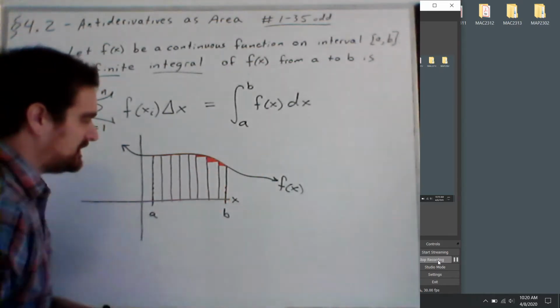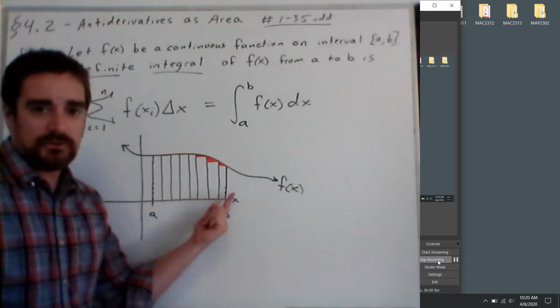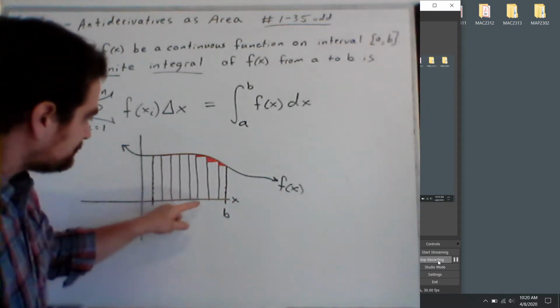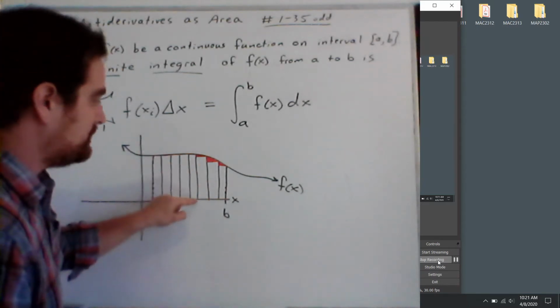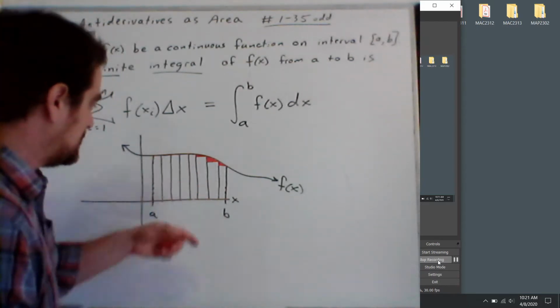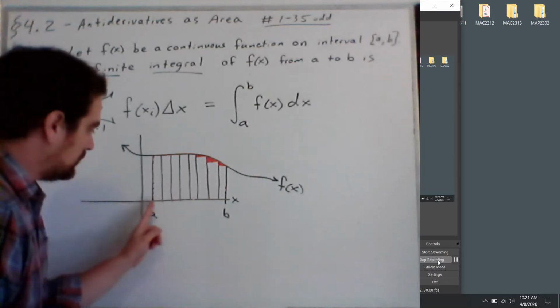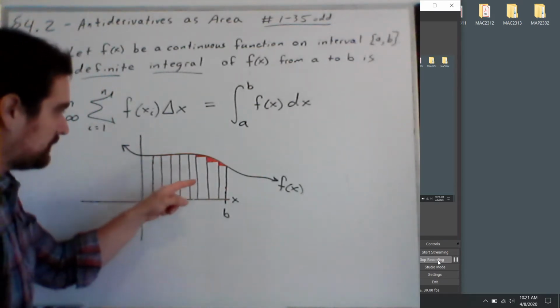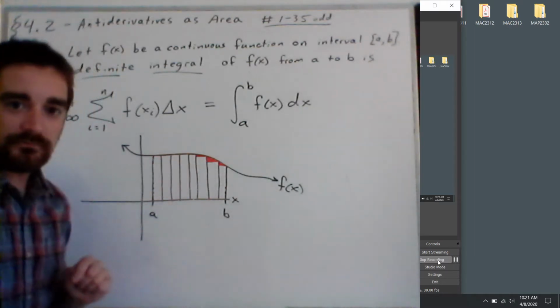And why am I using rectangles? Well, because we know that the area of each one of these is just length times width, length times width, length times width. Maybe you mean length times height or width times height. But you just take how long it is and how tall it is. You multiply those two numbers together, and you get each of these areas, but you miss some stuff underneath the